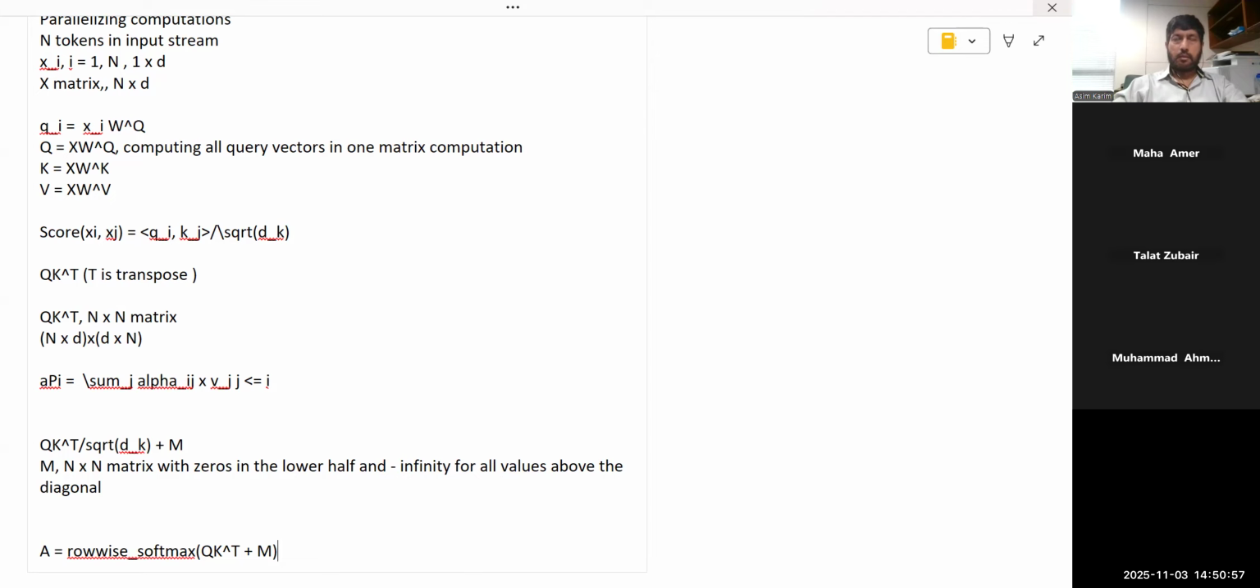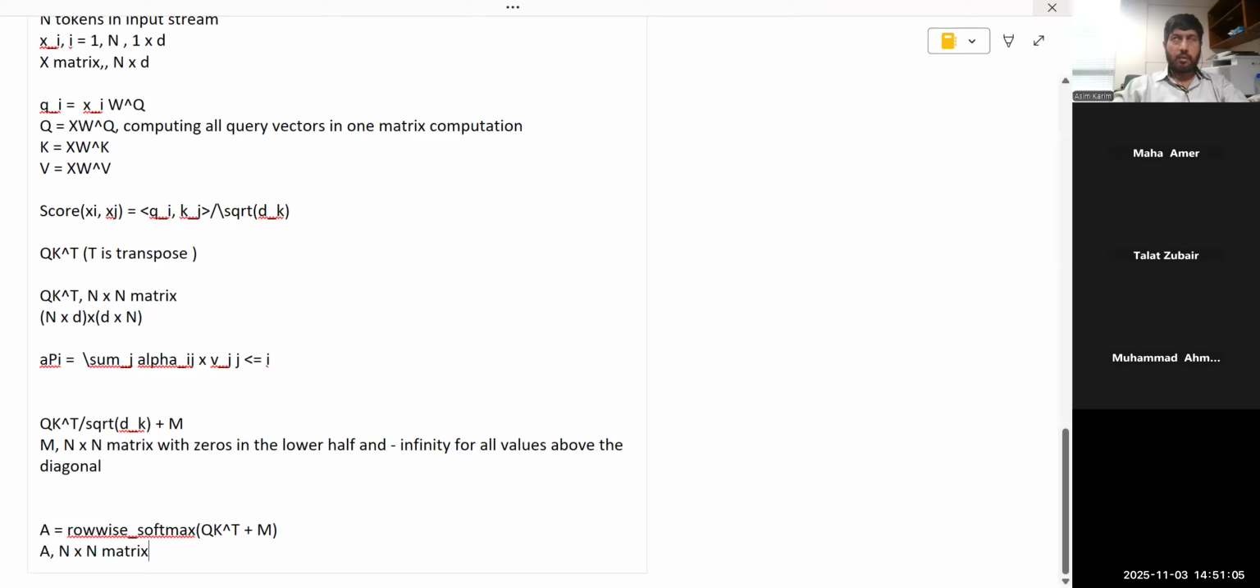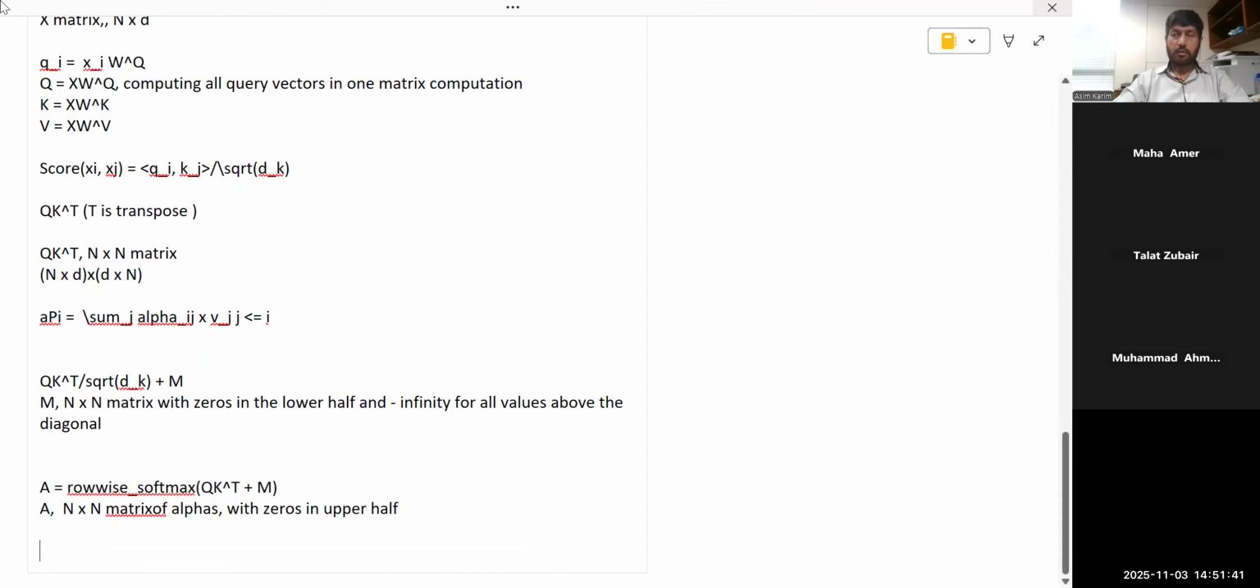ठीक है। So A is also an n by n matrix of alphas, with zeros in the upper half. ठीक है, वो जो अल्फाज थी in upper diagonal, upper half, sorry, upper half। ठीक है। सो अब आपके पास ये सारी अगेन पूरे मैट्रिक्स में ये कंपटीशन आ गई, इंडिविजुअली नहीं कर रहे। And then finally we are left with the last step. ठीक है।